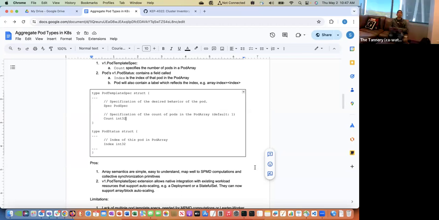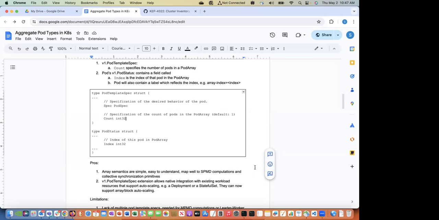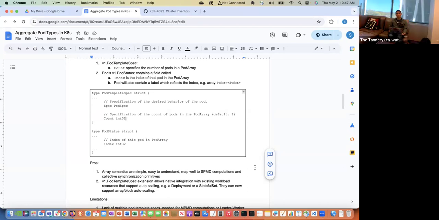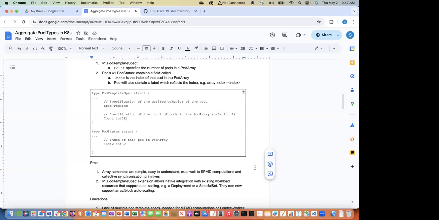So, Abdullah, if I can simplify, the proposal here is to create a new workload API. That's the proposal. Well, that's what I'm trying to basically simplify it to. But Sanjay, I think you're also proposing that the existing deployment API, existing stateful set, act on this new count field as well and implement the group semantics, the gang scheduling, etc., all of these things. And what I'm saying is this is not going to